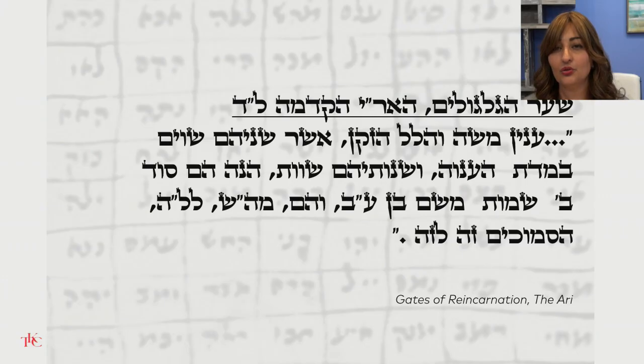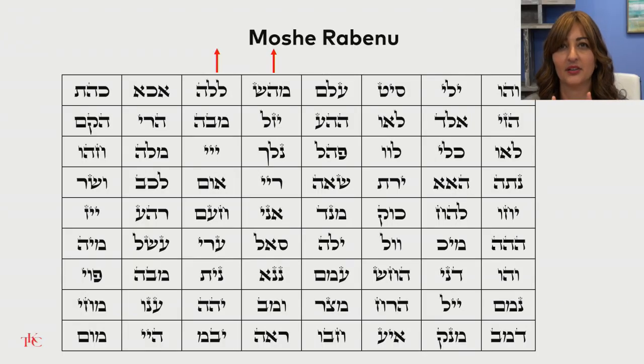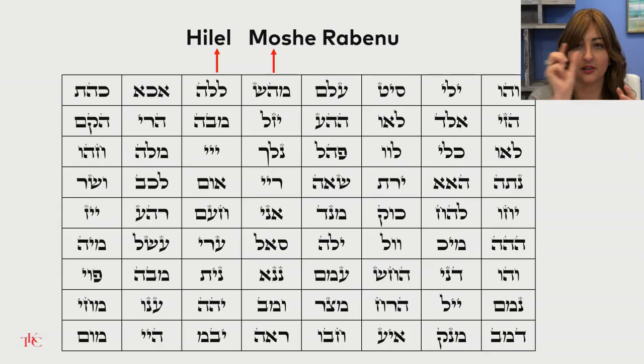The reason the two combinations, Mem He Shin and Lamed Lamed Hey, that you will see in the next slide, are together is that they're coming from the same spark of humbleness. Moshe Rabbeinu and Hillel HaZaken were humble. I'm just bringing this to show you that there is a reason why each combination is next to one another. This is the position, and why this combination is on the right, on the left, in the bottom, in the top. There's a reason for it, and hopefully we'll go through it in the third part of